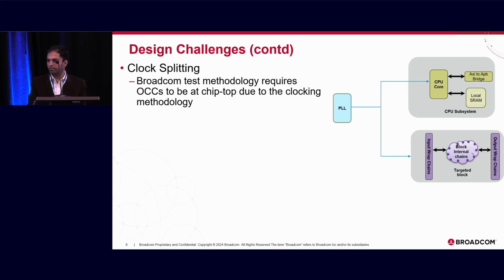The way our clocking methodology in Broadcom is, we have PLLs at chip top, and we put the OCCs at chip top. We don't have the OCCs at the block. I mean, there can be a lot of questions, like how will we generate retargeted patterns and all? I'll not go into the details. You can just take it at face value that yes, this is a requirement that we have PLLs and OCCs, or let's take it as a scenario where we have a PLL driving a targeted block as well as a